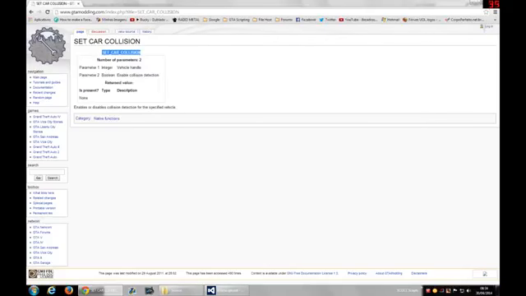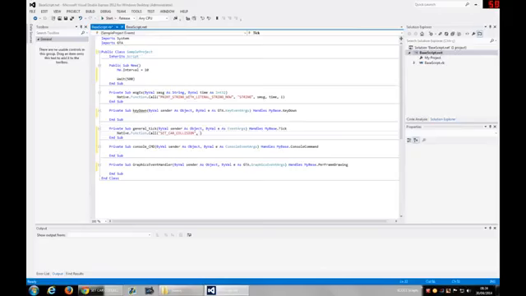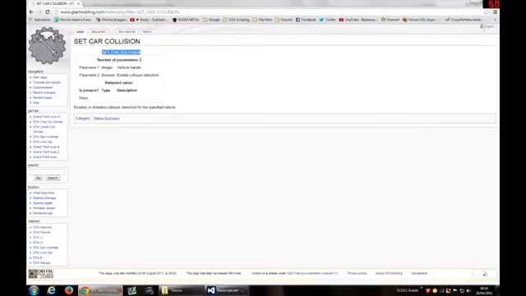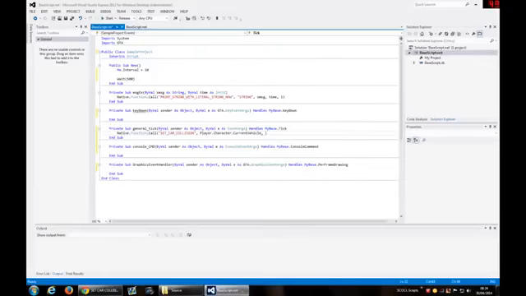The first parameter is the vehicle. For example, we can access the current vehicle that the player has using this line here. And the second parameter is whether collision is enabled or not, a boolean value. We can set it to false, for example, here.